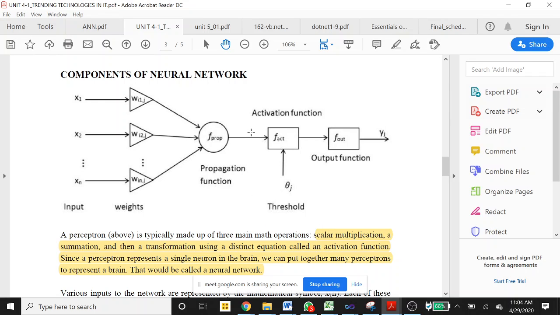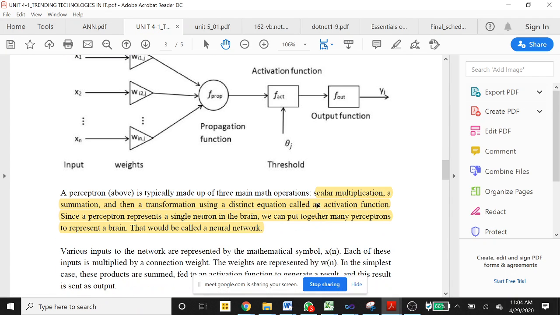So after implementing the activation function, we get the output. It might be possible that the output of the activation function is passed through an output function to convert it into a particular type of value that can be used. So this is the architecture, or the components, of a neural network. There are three mathematical operations. First is scalar multiplication, second is summation, and third is the transformation using distinct equations,